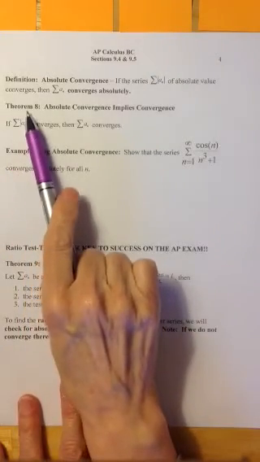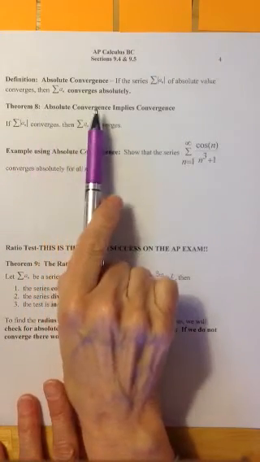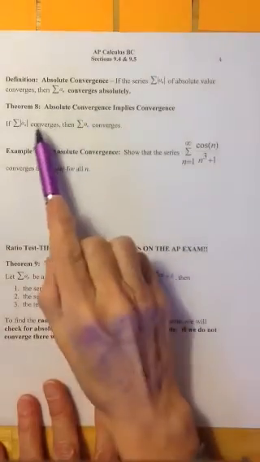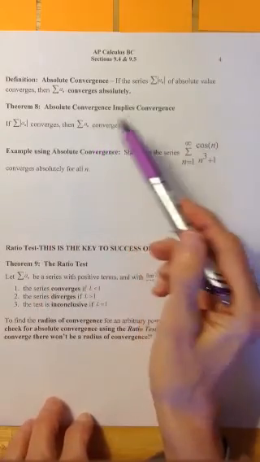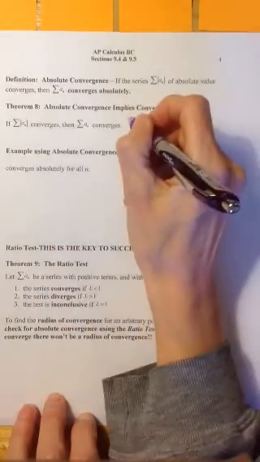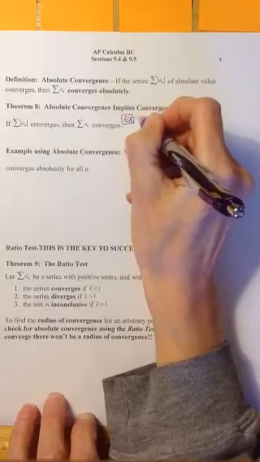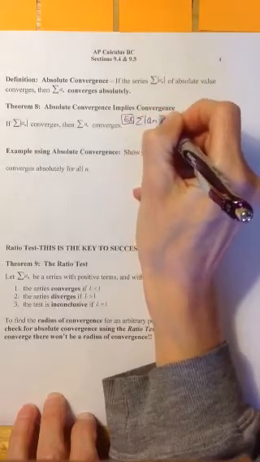And that leads us directly to the theorem. It's called absolute convergence. Absolute convergence implies convergence. So if the absolute value of the series converges, the series a sub n converges. So let's do an example. So let's say that I've got some series